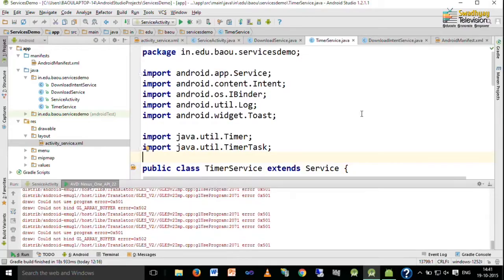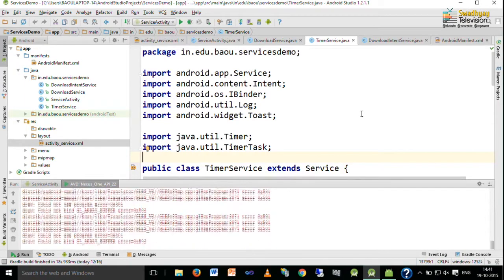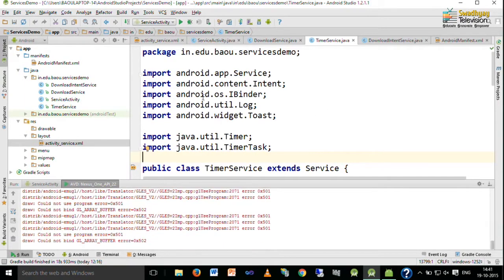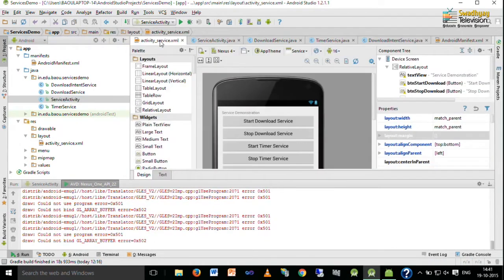Here on screen you can see that I have written one Android Studio project for performing these tasks. Here are the files that I wrote. First, we write one service activity, which is your main activity, and the layout for this service activity is shown on screen.